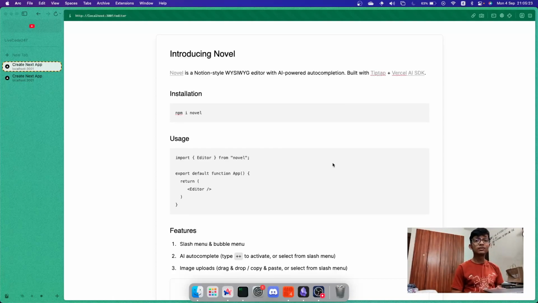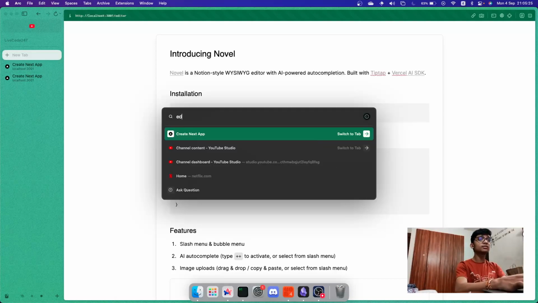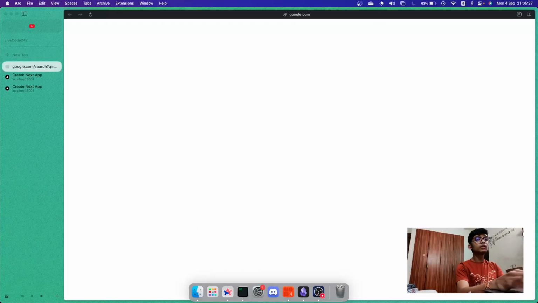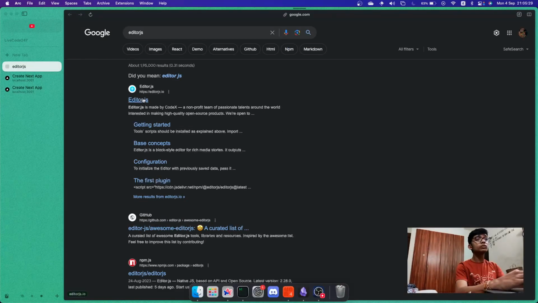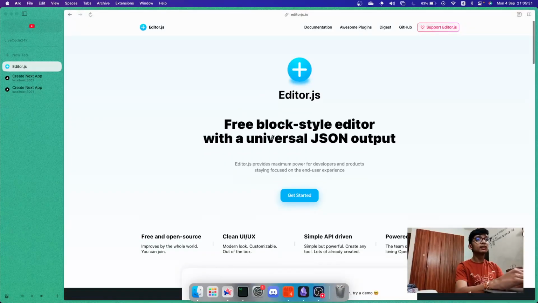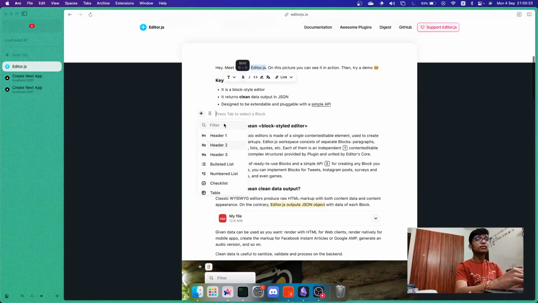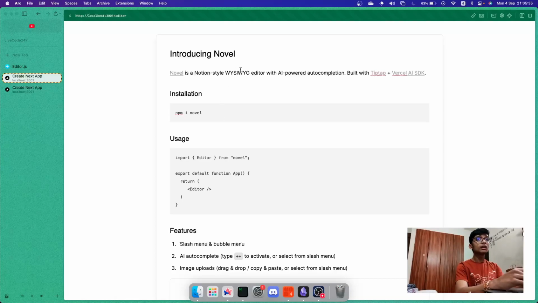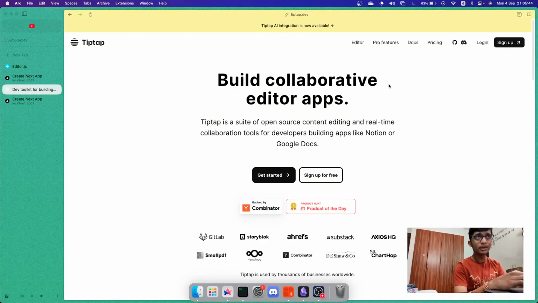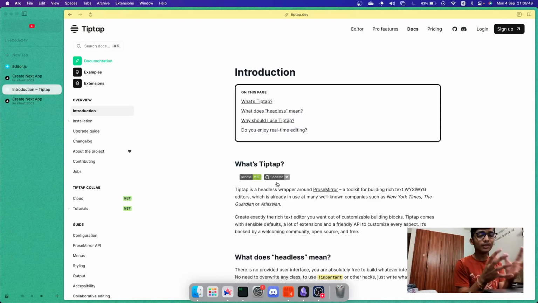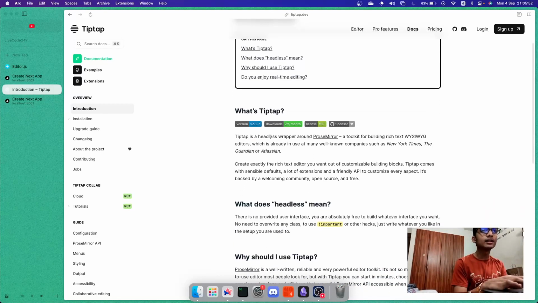I had actually covered something called editor.js before in a video, which also provides a WYSIWYG editor just like this, a Notion-style WYSIWYG editor. This is a kind of a competitor, I would say, but what they do is they are built on top of Tiptap, which is another, well, that is the main part of the WYSIWYG editor, and what they have is a headless wrapper